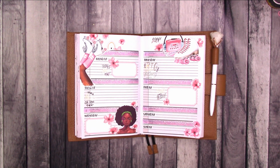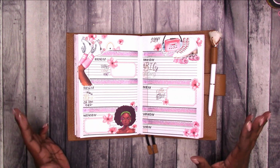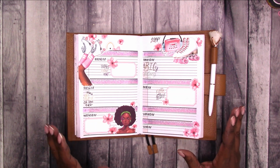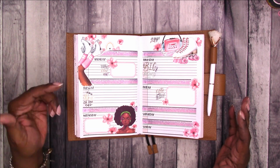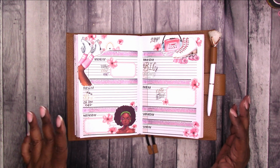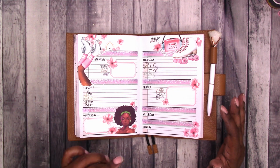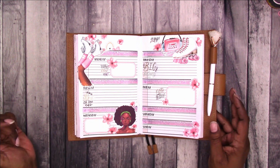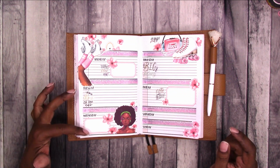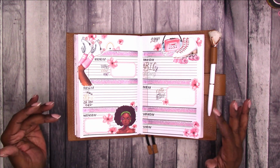So that is it for the Dollar Tree planner this week. I tried not to overdo it. Keep it simple. The prompt was roll bounce. I used stickers from CHELA Creates, one of the Happy Planner books. I think it's Botanicals. The pink florals are from the seasonal pages. The washi tape is from Simply Gilded. The boxes are labels that are available